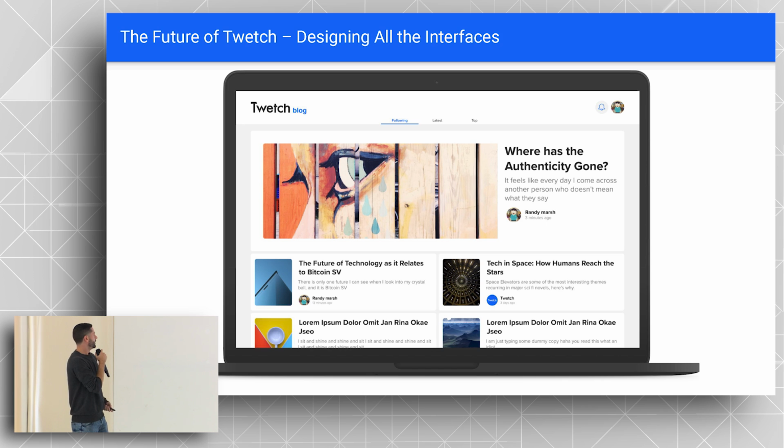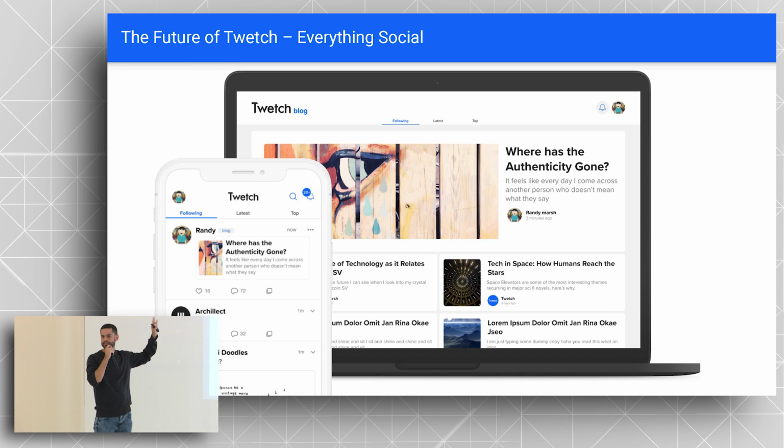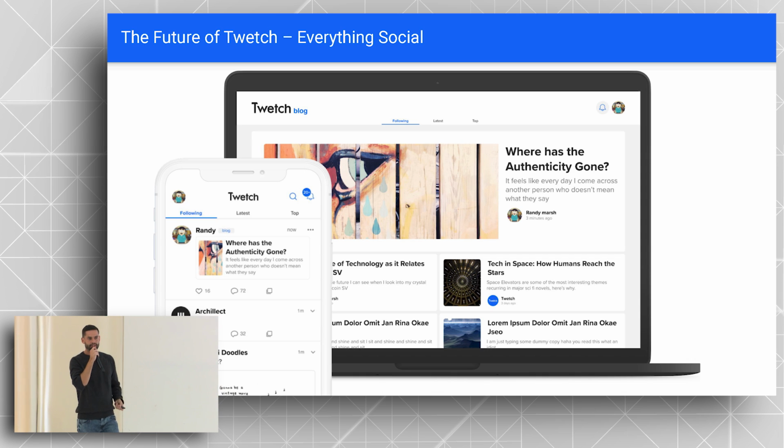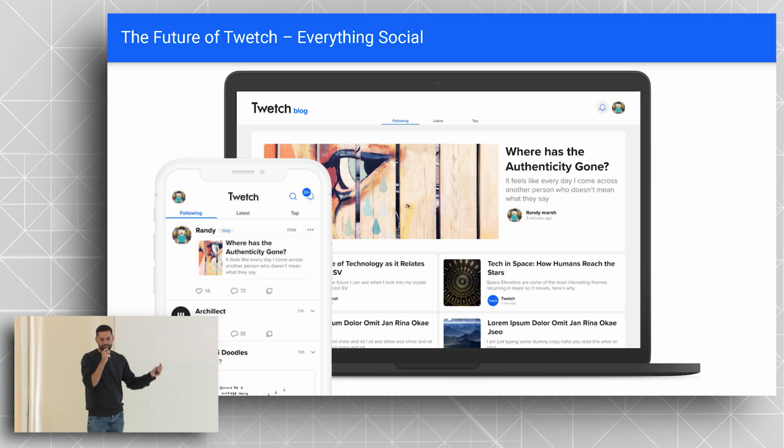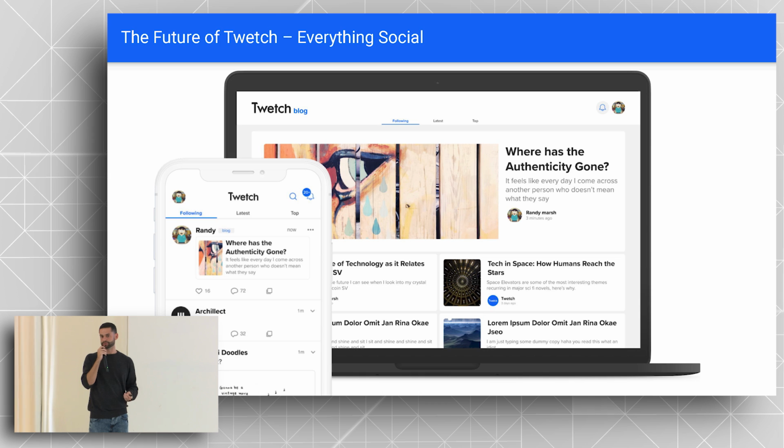So the idea here is that we will integrate Twetch blog, which is just a concept right now, and there's other concepts like Twetch music, where if you're an artist, you upload a song to the blockchain, and you can get paid for every second that somebody listens to it, peer-to-peer or directly from the person who listened to that song, which is really exciting because it takes out all these middlemen and all of this really heavy load infrastructure that's in between the artist and the people that are listening to the music, or the content creator and the people that are